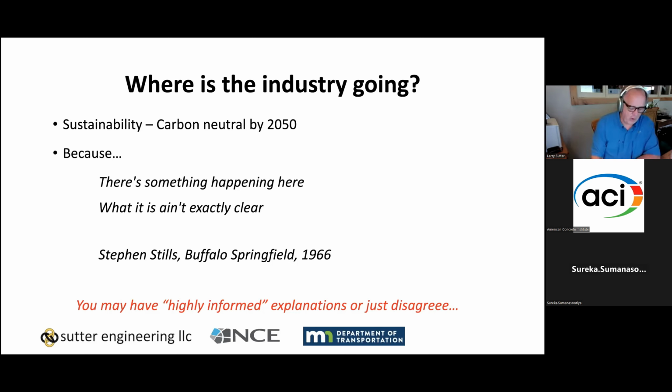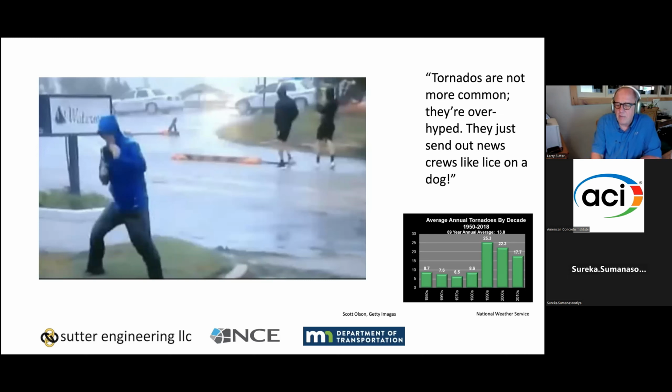And we can argue over if it's happening, if it's not happening. And a lot of people do want to argue over it. I don't really want to argue over it, but you hear things about how tornadoes are no more common than ever. It's just that they're being hyped, and news crews jump on it and they send out cameras and make a big deal of it. And yeah, I'll be happy to admit the news crews do exaggerate on a regular basis. There's this famous one where the guy's pretending to be blown over while two people just walk along nonchalantly in the background. So yeah, that's true. But when you start looking at the data down in the lower right-hand corner, number of tornadoes over the past 3 or 4 decades has increased significantly.